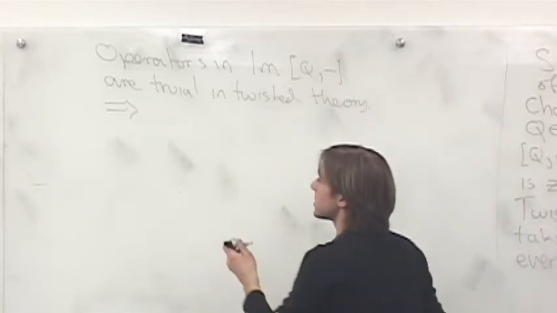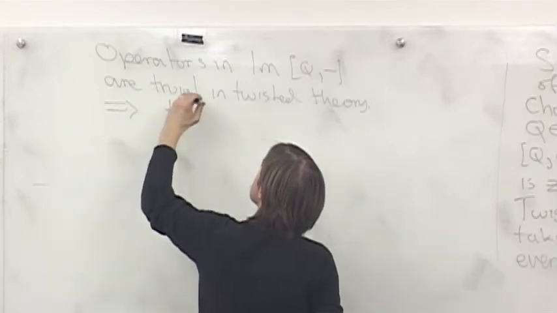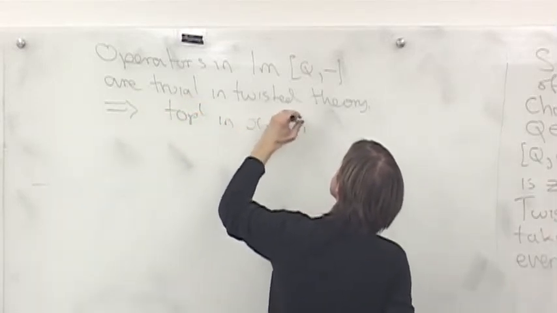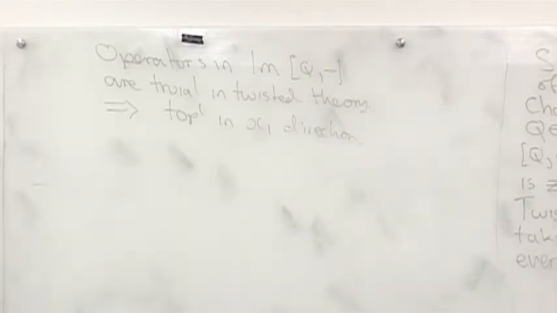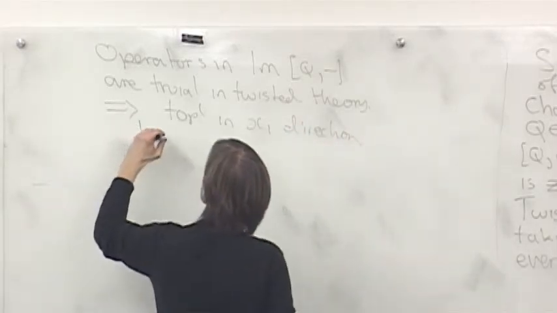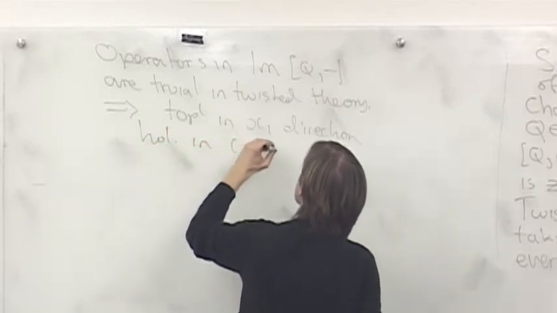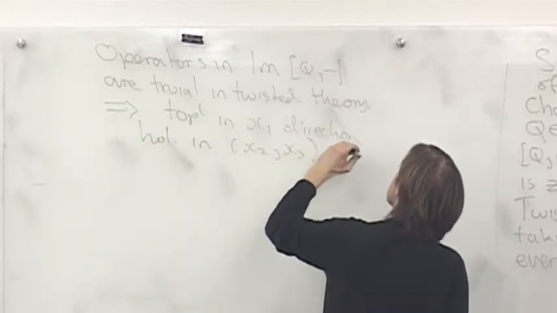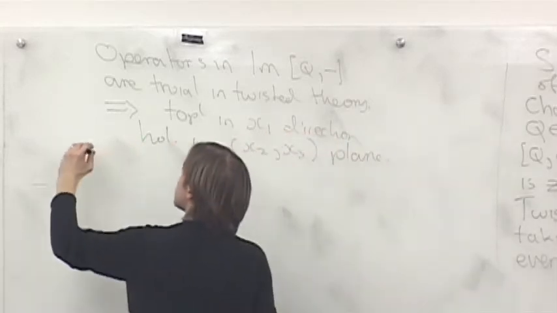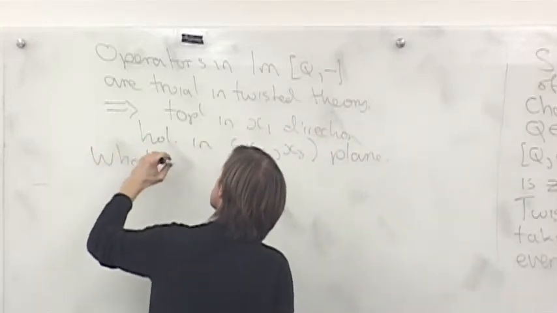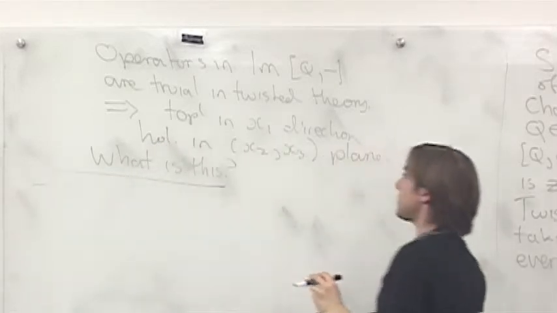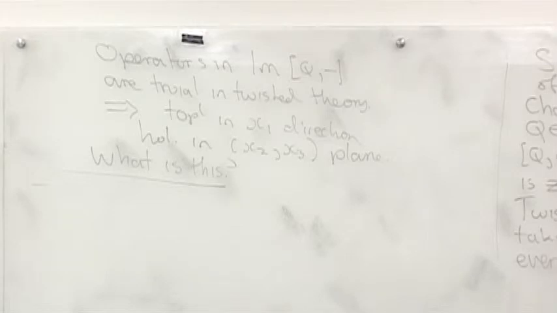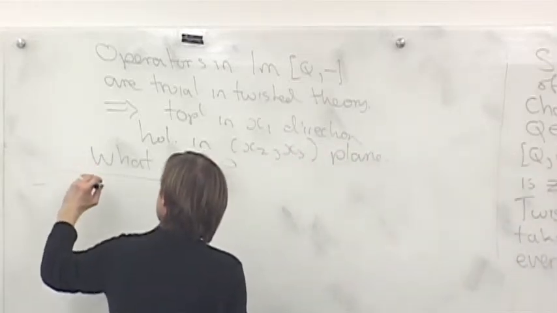But here it's not quite topological. It's topological in the x1 direction. Maybe I'll make this a minus sign. And holomorphic in the x2, x3 plane. So what is this? It's just a slight variant of this Rosansky-Witten theory we were discussing. Say on